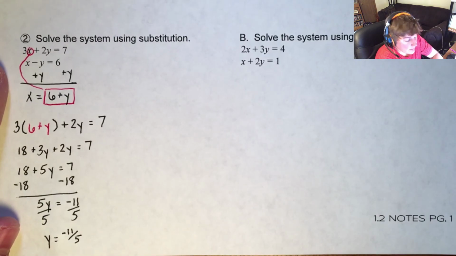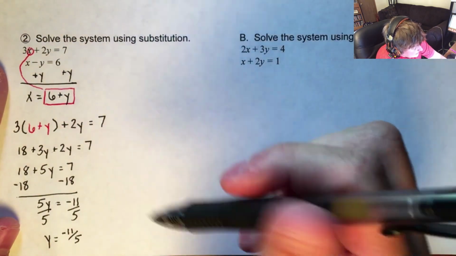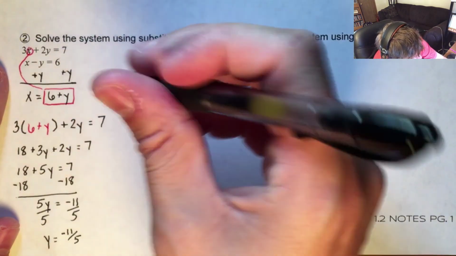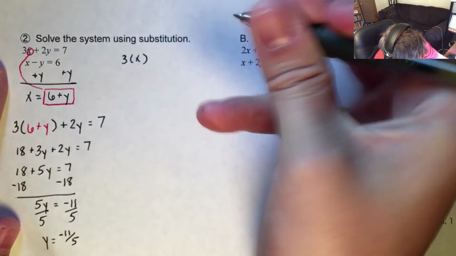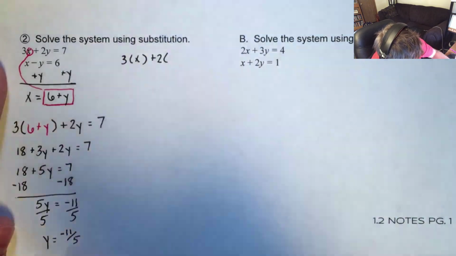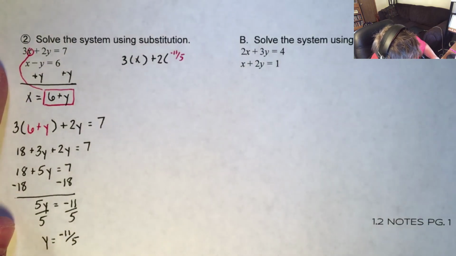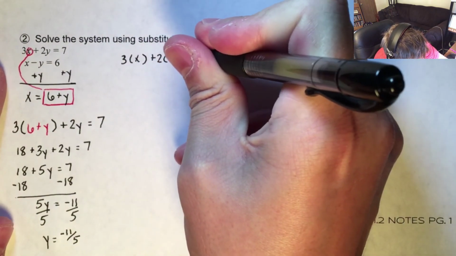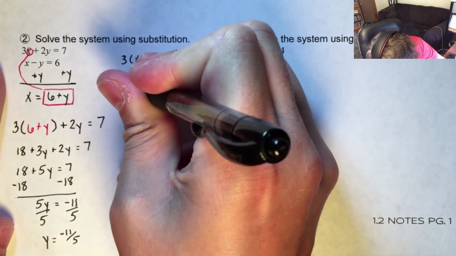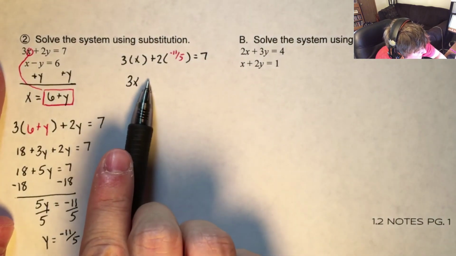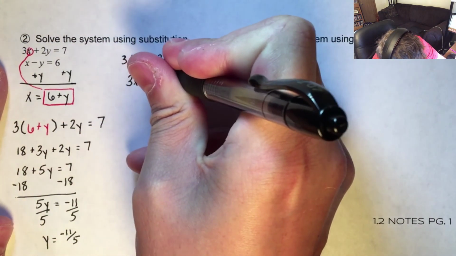So, from there, we just have to go ahead and plug in the y variable. It doesn't matter which one we do, so let's just do the top one. So I'm going to have 3x plus 2 times negative 11 over 5 is equal to 7. So 3x. Then here, 2 times negative 11 over 5 is going to be negative 22 over 5